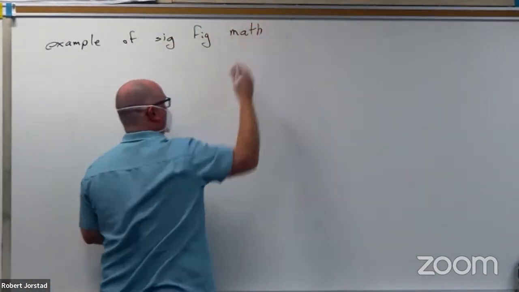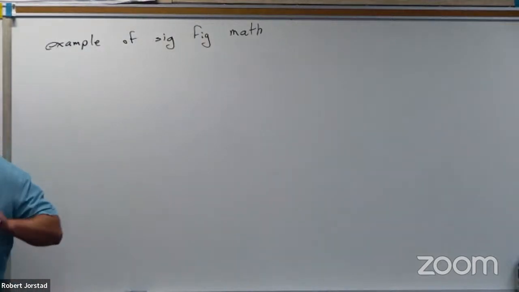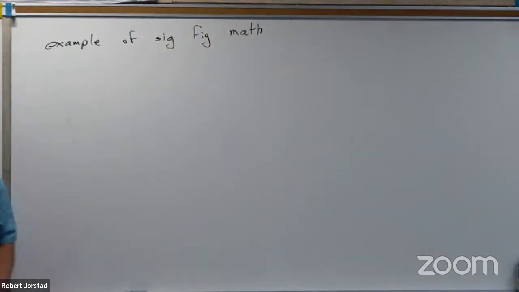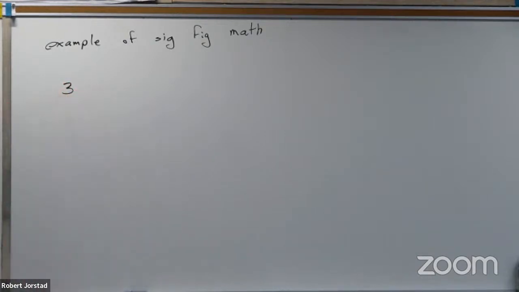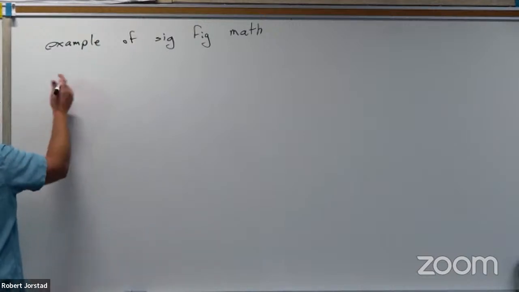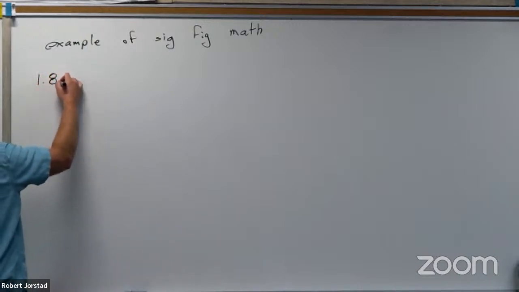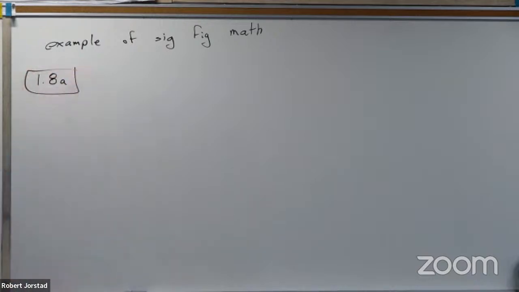So I want to show you the final result here. And then again, if I'm going too fast, we could talk later. But let's say we had three numbers, right? I'm just going to make up a problem. Actually, let's use one from the book. On page 7, 1.8 A. Thanks, Angus. So problem 1.8a,